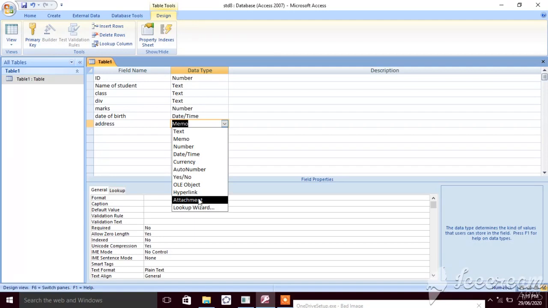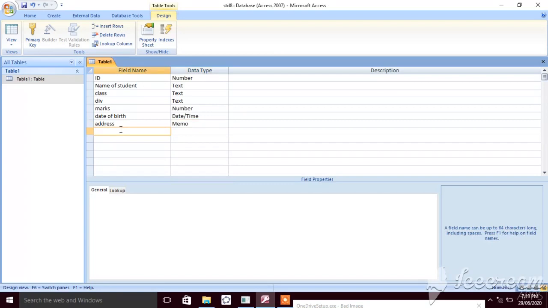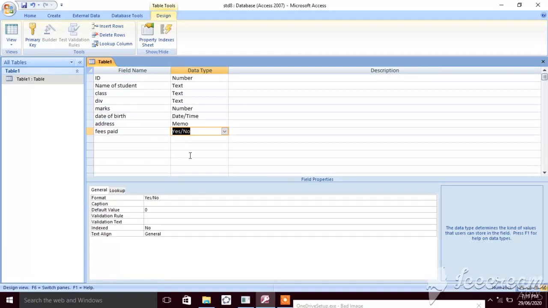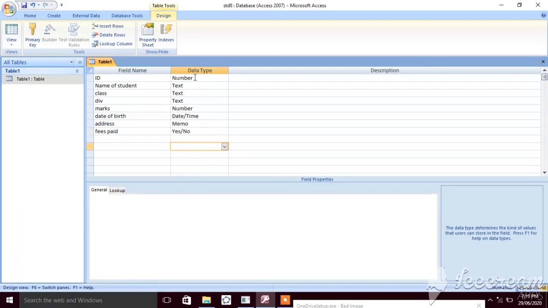I will click on attachment and I can attach. So these are the data types of a database. Then yes or no. Yes or no means some fields are like fees paid. Then the data type will be yes or no. Okay, so these are called the data types and these are the fields.